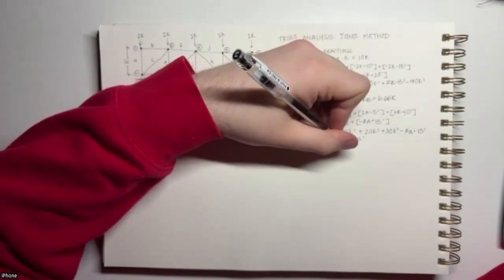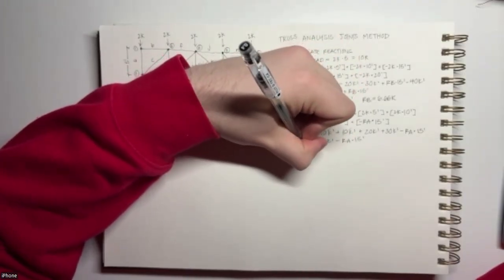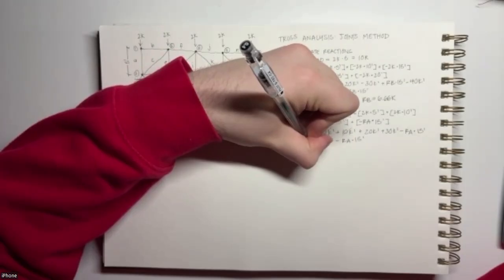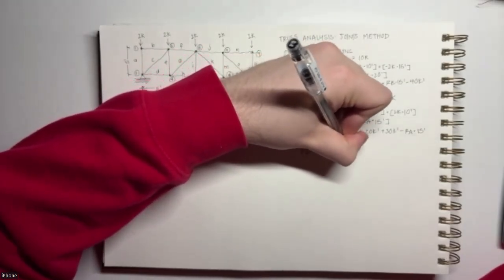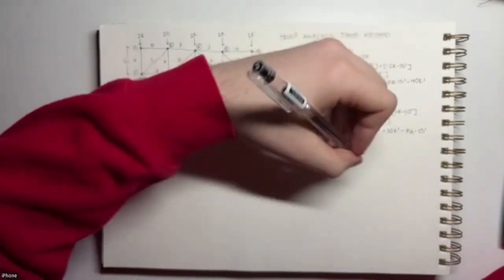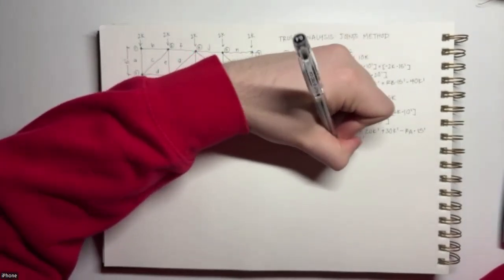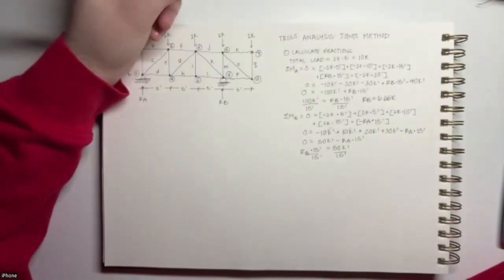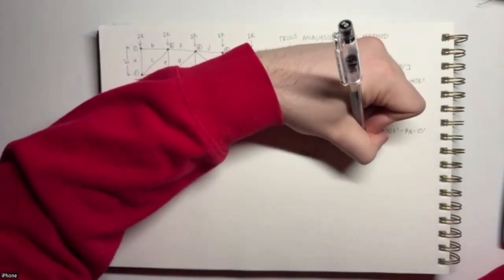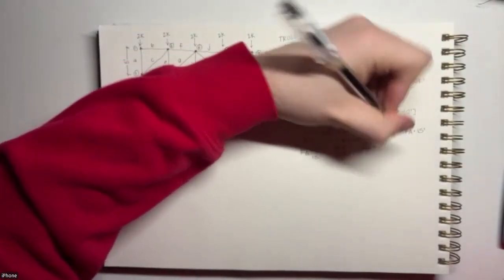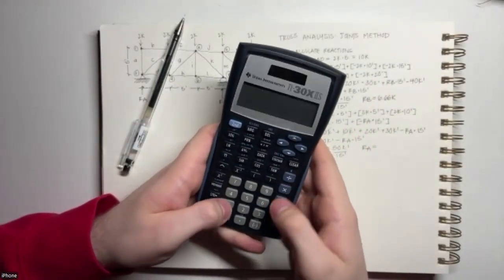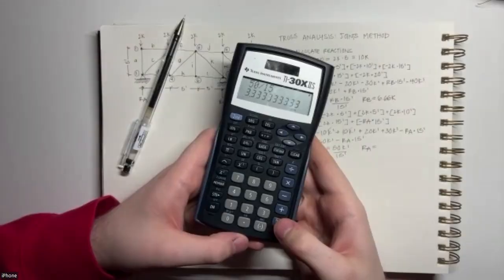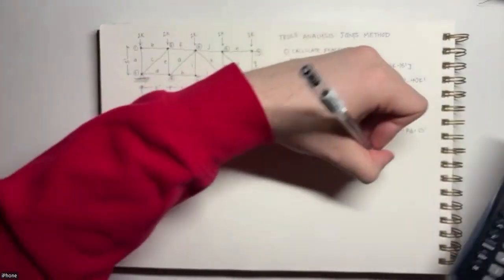Now I can move RA over and say RA times 15 feet is equal to 50 kip feet. Divide by 15 feet. And RA is equal to 3.33